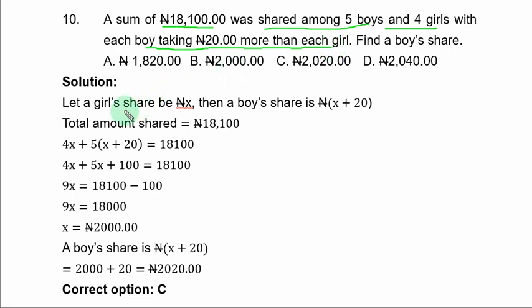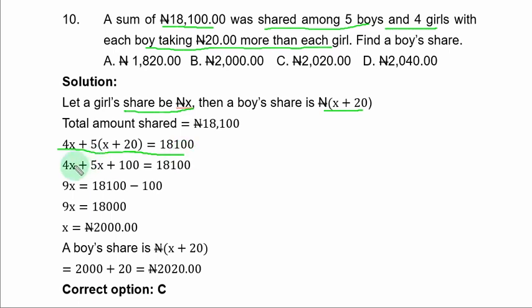So let a girl's share be s naira, then a boy's share is s plus 20 naira. From the problem, you have 5 boys and 4 girls. That means 4s plus 5 times (s plus 20) is equal to the total sum of money,